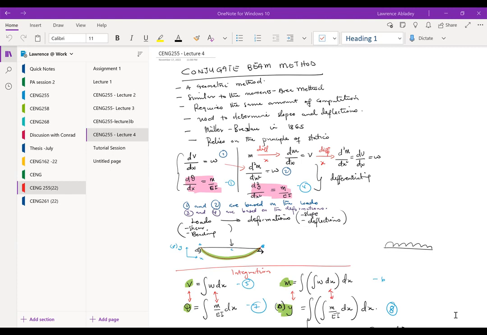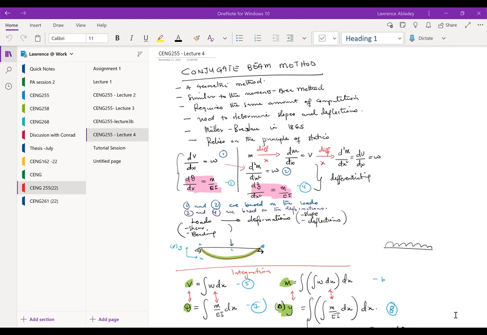The key difference between the moment area method and the conjugate beam method has to do with the fact that with the moment area method, the elastic curve is very critical in the analysis process. All right. Whereas with the conjugate beam method, we try to create, should I say, an imaginary beam, or in this case, we call it a conjugate beam, a beam that is opposite to that of the